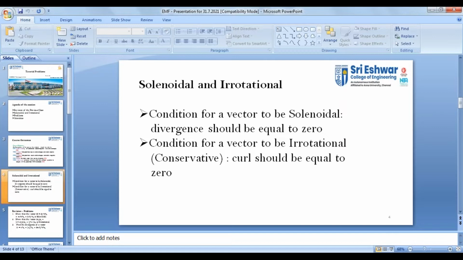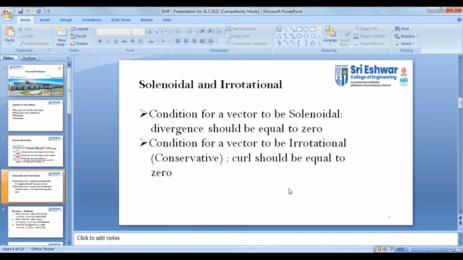All right. Same thing, if a vector is said to be irrotational, or in other words conservative, the curl should be 0. Curl means what type of product? We took the dot product for divergence, so obviously for curl it should be the cross product. How will you find the cross product of a vector? By taking a matrix. We form a matrix and find its determinant, right? Yeah, thank you, Rajshri. Matrix. So by finding the determinant of the given matrix, we can find the curl.